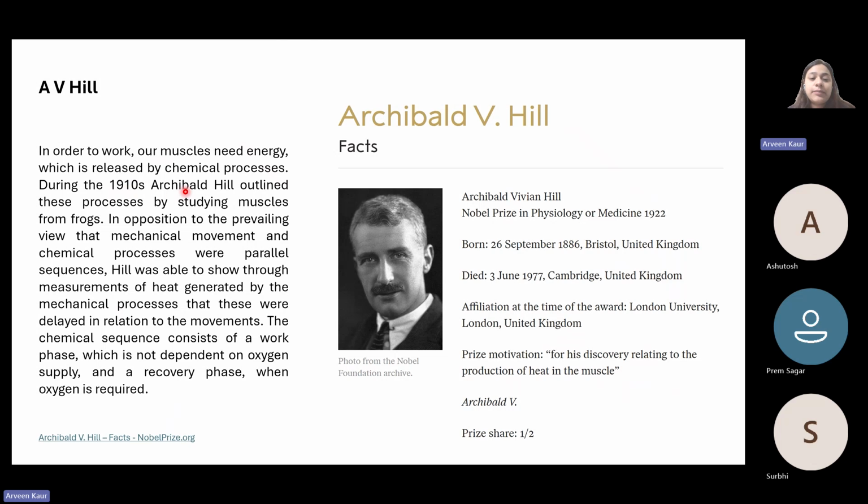During the 1910s, Archibald Hill outlined these processes by studying muscles from frogs. In opposition to the prevailing view that mechanical movement and chemical processes were parallel sequences, Hill was able to show through measurements of heat generated by mechanical processes that these were delayed in relation to the movements. The chemical consequence consists of a work phase which is not dependent on oxygen supply and a recovery phase when oxygen is required. So there is a hypoxic part and an oxygen dependent part of our